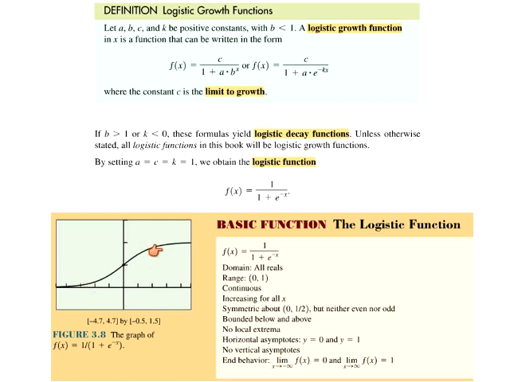You can see that down here because this is your basic logistic function. So it doesn't go below y equaling 0. It gets really close to that but doesn't go below it. And it will not go above y equals 1 either, because 1 is the maximum amount that it can take on. Now note that the scale right here on the y-axis goes from -0.5 to 1.5. So on this graph right here, they're counting by halves. So it is showing that it gets close to 1 for that horizontal asymptote over here.